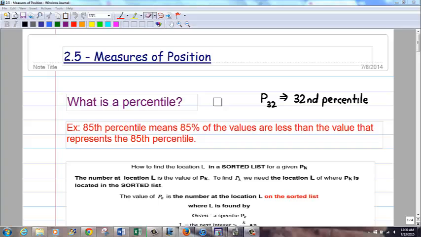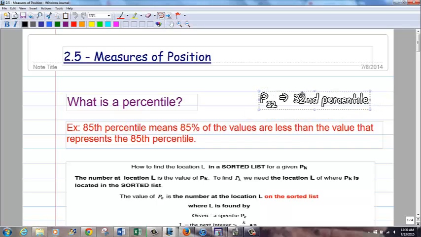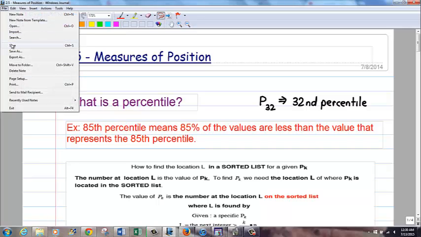Percentile is actually a ranking value. It's therefore a position. And a lot of times they use this P with a subscript. So if you saw a P with lowercase subscript 32, that would be the 32nd percentile. And you see I have written in words right there, for example, the 85th percentile means that 85% of the values are less than the value that represents that